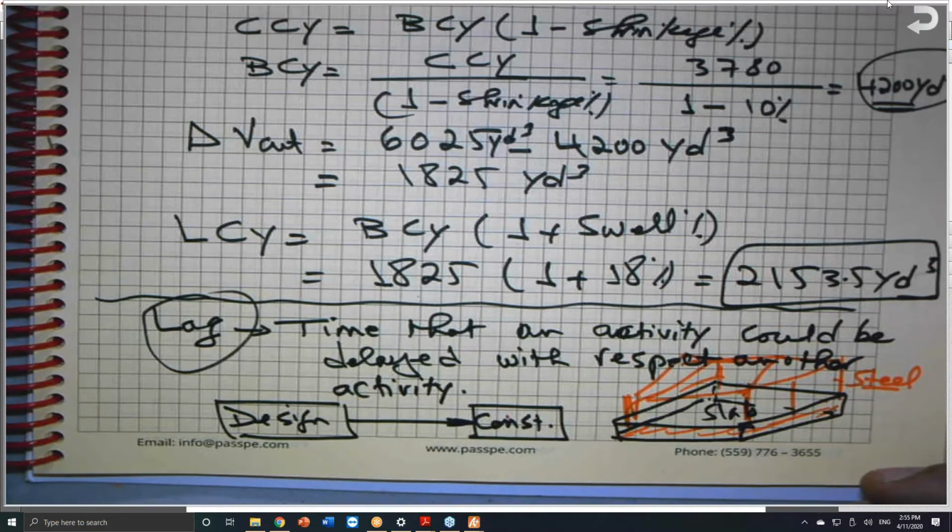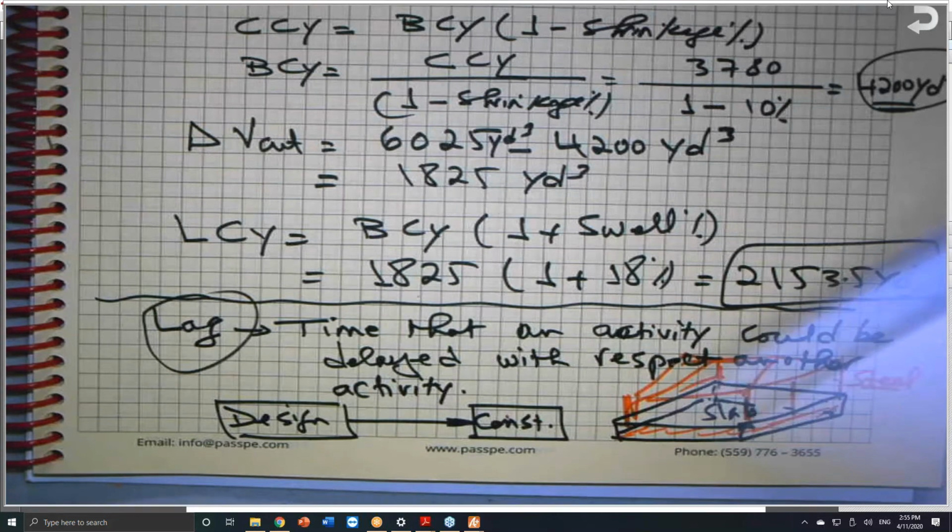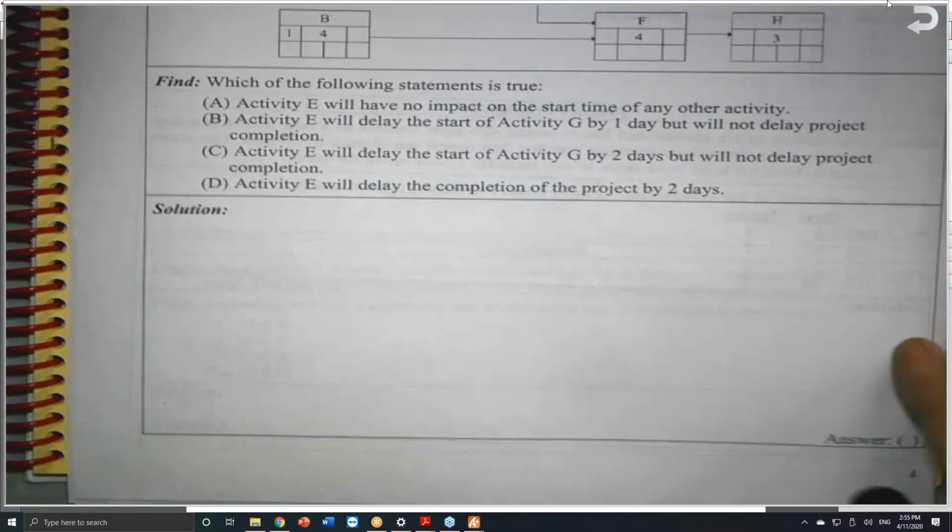So we impose some kind of time in order to achieve a certain activity completion. So going back to the problem,